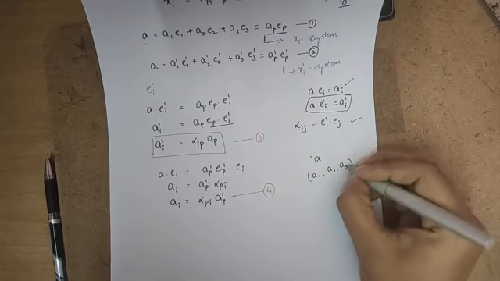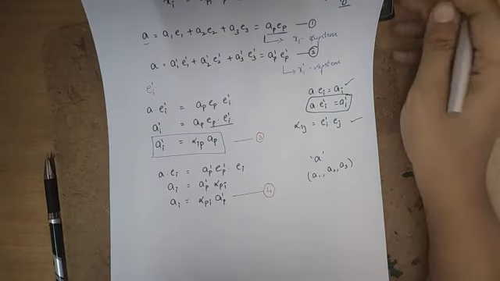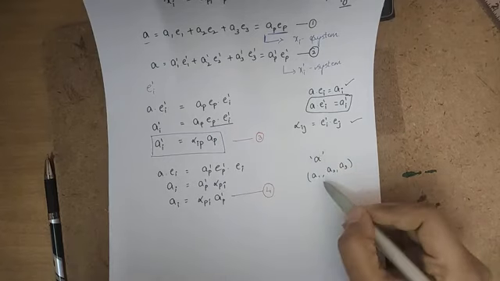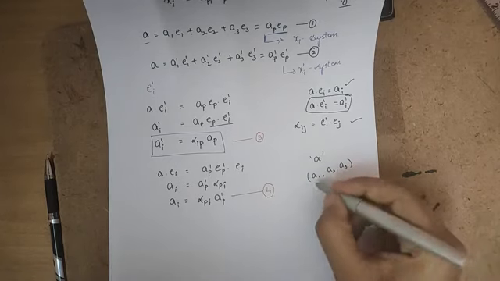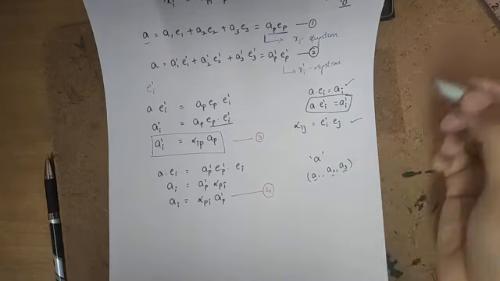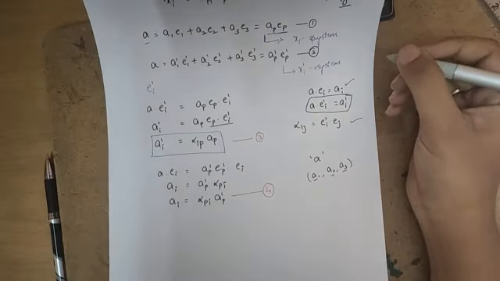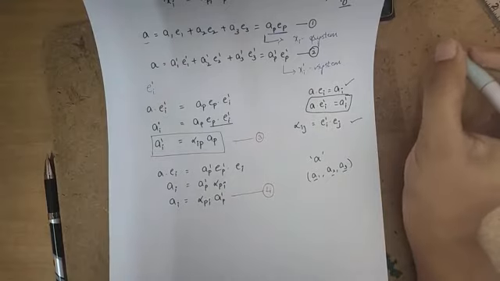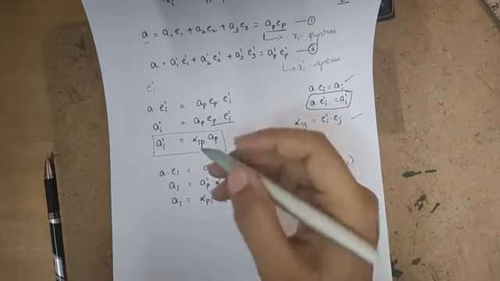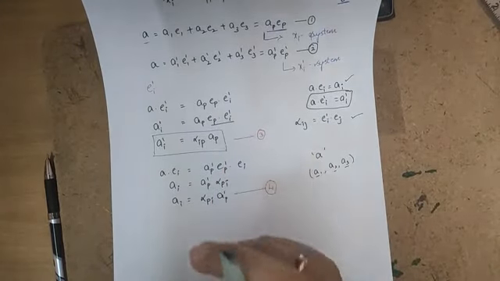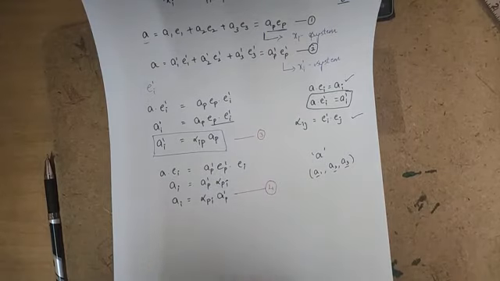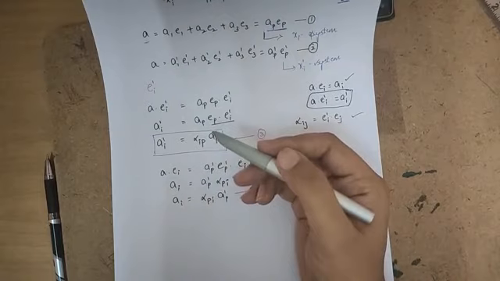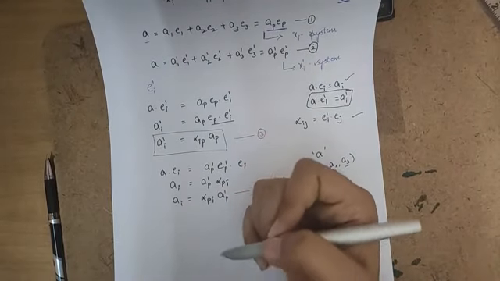Triplet is for a 3-dimensional coordinate system. So this vector may be represented as an ordered triplet of real numbers, A1, A2, A3, which will be real numbers. If Ai and Ai prime are the representation of a vector, so we know that Ai and Ai prime are representations of a vector, that is, Ai for the xi system and Ai prime for the xi prime system.